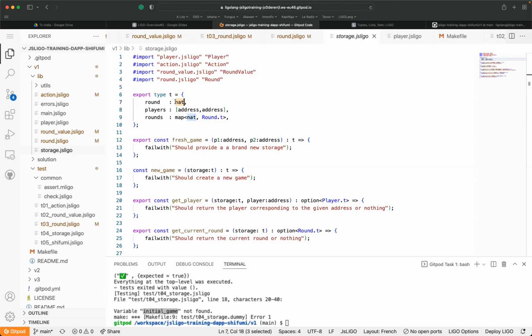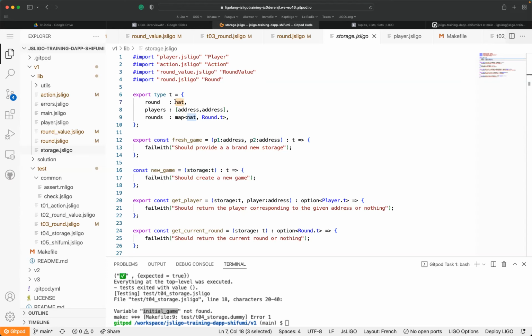We also have a pair of addresses which reflect the address of each player, okay? So here, once again, at the index 0, this is the address of what we call player 1. Index 1 is the address of player 2. And then after, we have a construction, which is a map, which says that for a given natural, we can have a round value attached, okay?